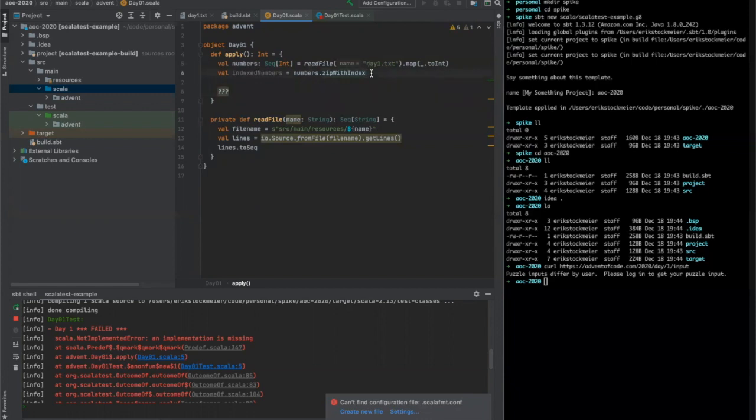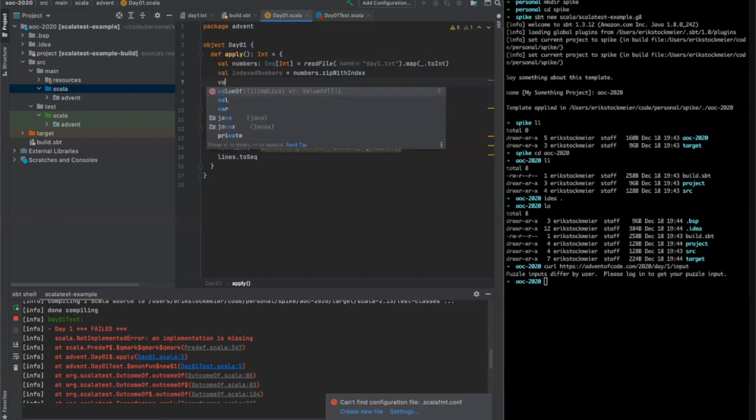And again, by convention, we don't need to put type annotations on these because the compiler can tell what they are. But to be polite to people we're working with, they generally say that public members of whatever you're working with, like apply in this instance, should have a type. So I've got a sequence of pairs now, and I want to find the pair that fits. I know there's only going to be one because that's part of the problem. So I'm going to say val result equals,